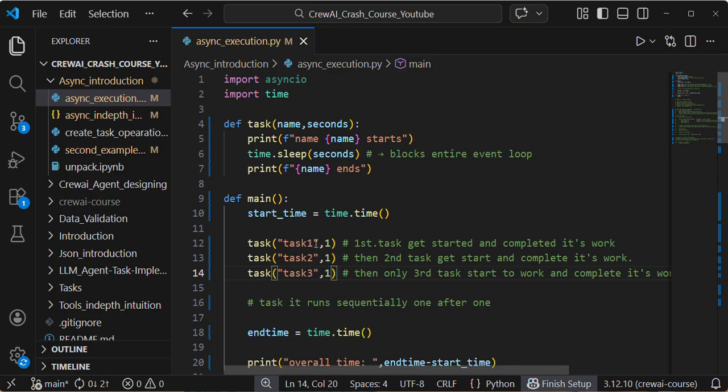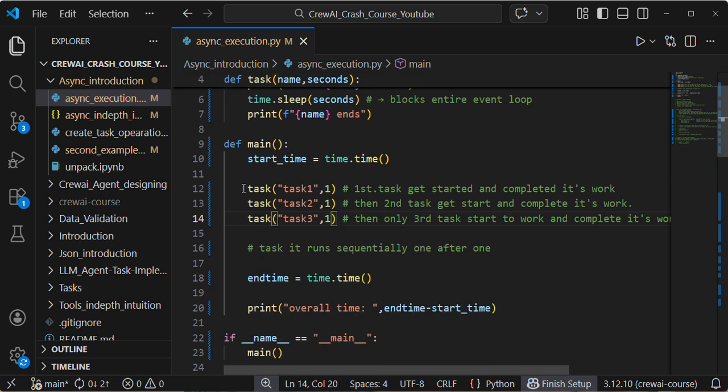Once the first task has started and is completely executed, only then will task 2 be called. Then task 2 will print, task 2 starts, and it will sleep for 1 second, then task 2 ends. Then only task 3 starts to execute, and then it will be finished. Once these three functions are completely finished,